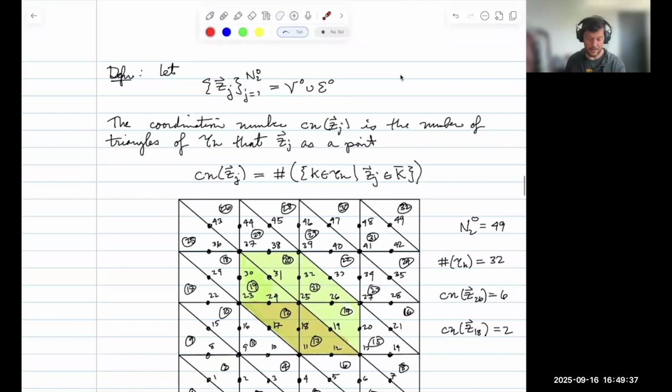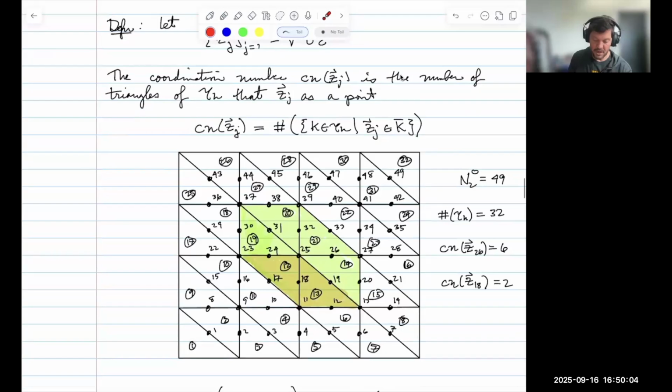So let's let Zj be the points of this set V0 union E0. So these are the set of all the interior nodes. Nodes come in two flavors, okay? Nodes can either be vertices or they can be edge midpoint nodes. The coordination number of Zj is the number of triangles of